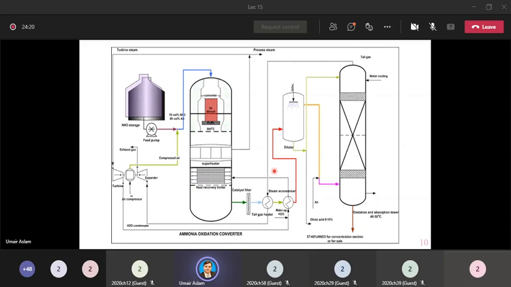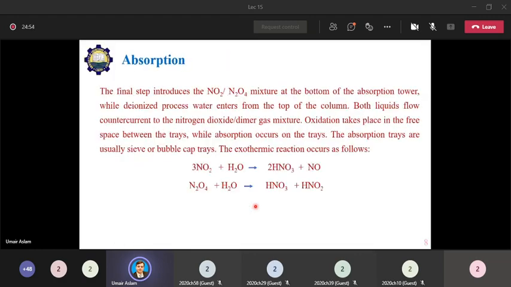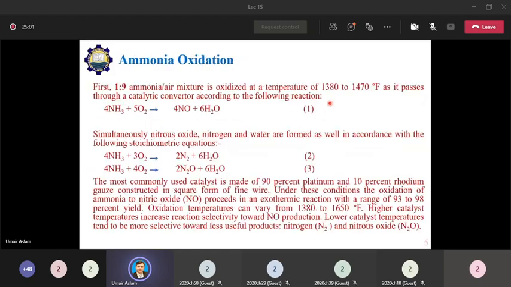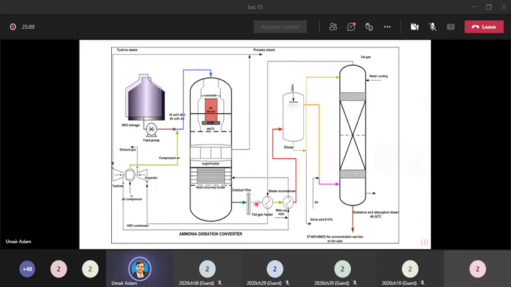जी, कोई और क्वेश्चन? सर हमने 2 गैस हीटर भी लगवाए हैं। ये टेल गैस हीटर जो लगे हैं। नहीं, टेल गैस हीटर बेटा एक ही है, वो यहाँ से पास हो रही है, क्योंकि जो प्रोडक्ट गैस है इसने रिएक्टर के बाद एब्जॉर्प्शन में जाना है, और एब्जॉर्प्शन में टेम्परेचर बहुत कम चाहिए, 100 डिग्री फ़ारेनहीट, और रिएक्टर में जो टेम्परेचर था वो 1380 से 1470 डिग्री फ़ारेनहीट था। सो इसलिए हम इस हीट एक्सचेंजर से प्रोडक्ट गैस के टेम्परेचर को कम करते हैं और टेल गैस के टेम्परेचर को थोड़ा रेज कर देते हैं, ताकि प्रोडक्ट गैस रिक्वायर्ड एब्जॉर्प्शन टेम्परेचर पे आ जाए।